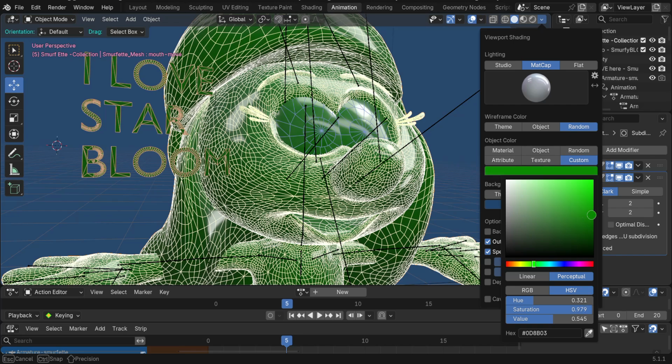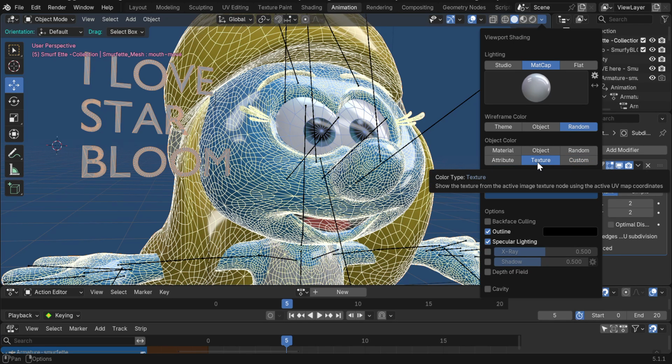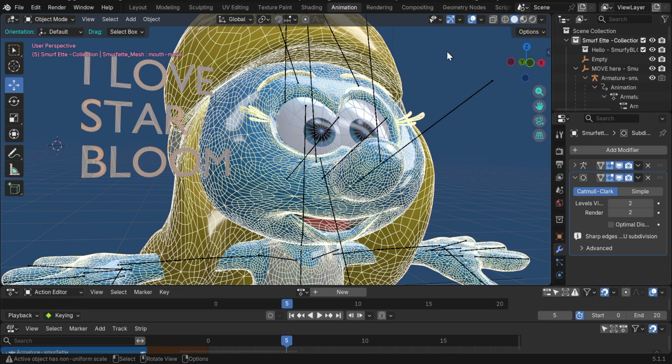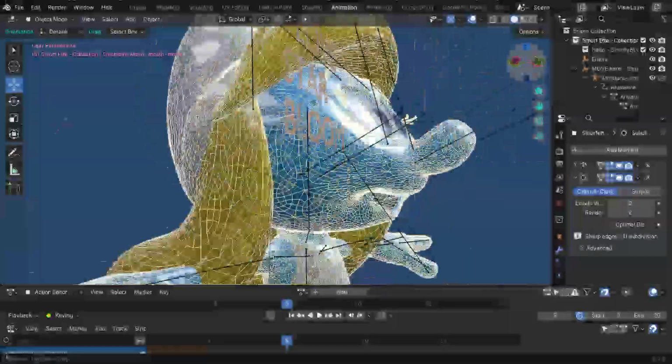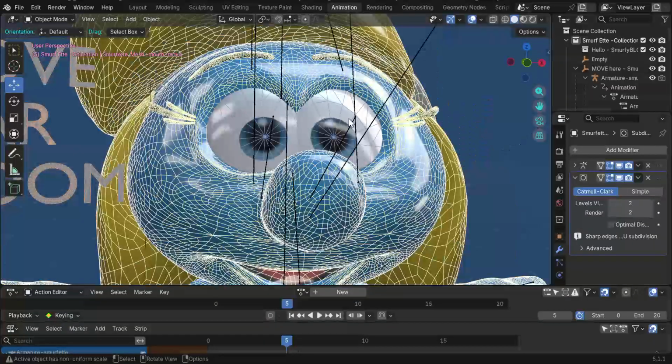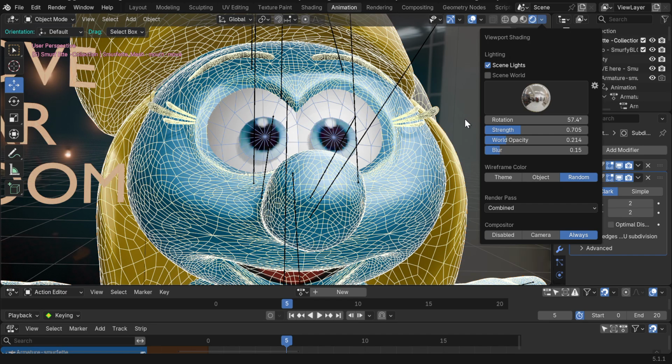That looks cool. Green. And then if you hit texture, she does have a texture on her. I can't remember. And then you zoom in. Okay, but let's get back to going back to rendered mode and then the drop down and then go to